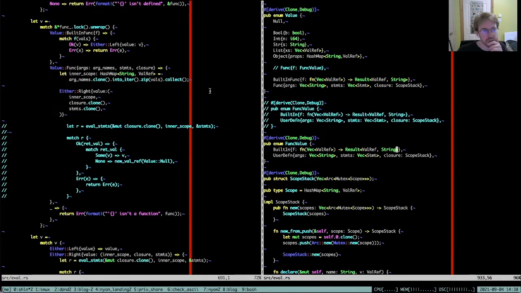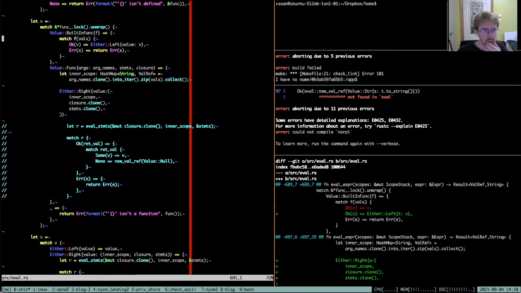So maybe functions themselves are clonable. And again, that would probably resolve the issue of